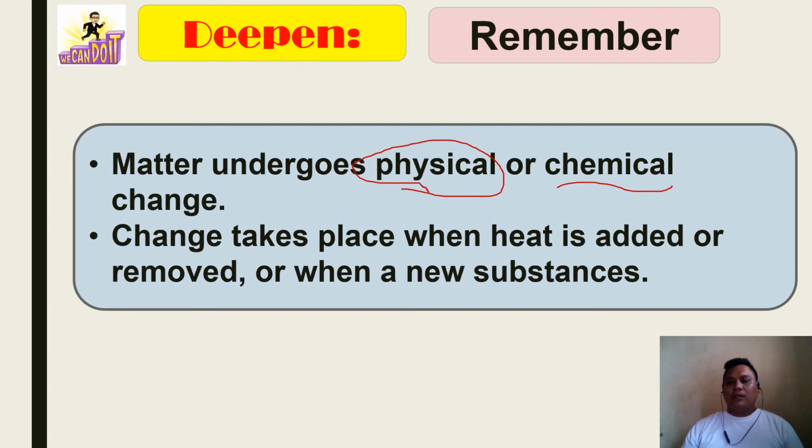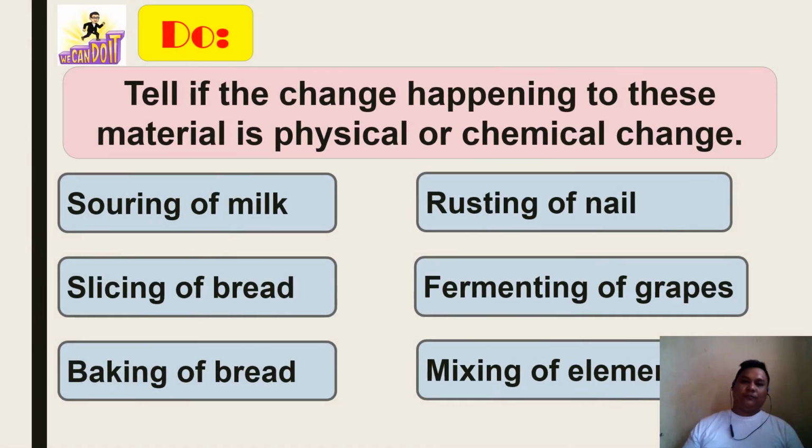Change take place when heat is added. So when heat is added or removed, it will turn new substance. Ito po ay okay? So next po. So yan. And if the change happened to these materials, okay? So souring of milk. Souring po yung nangyari po kay Renzo. So di ba, new siya, milk siya, tapos nung umasim na